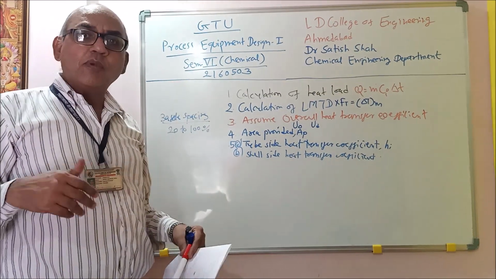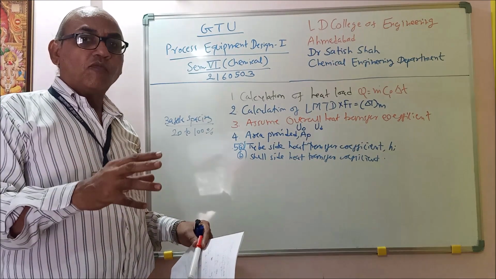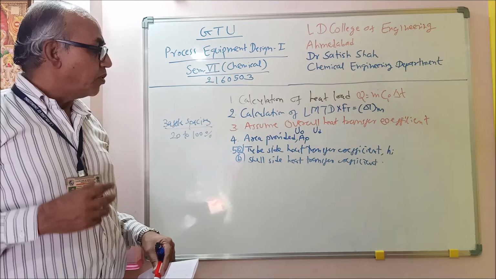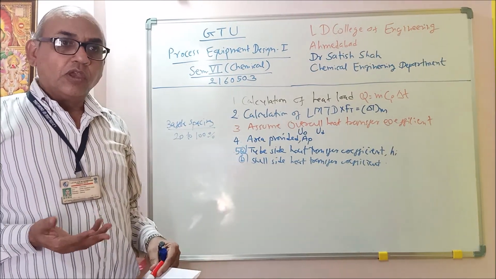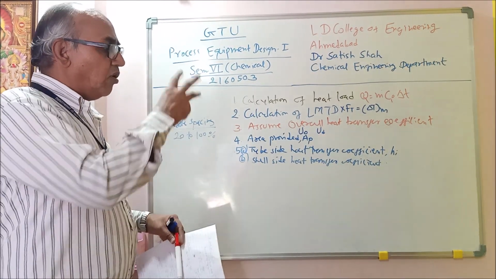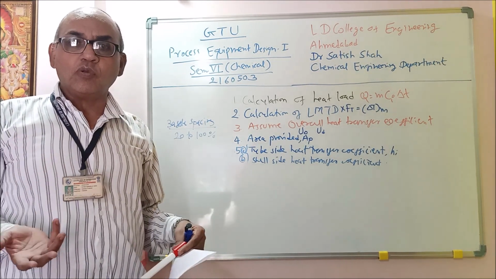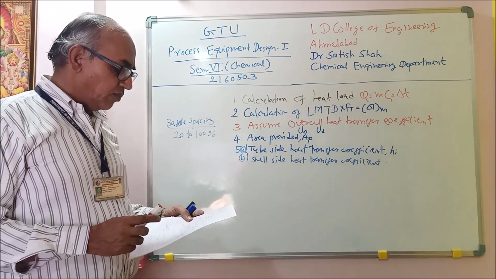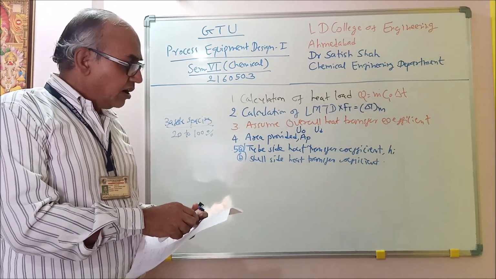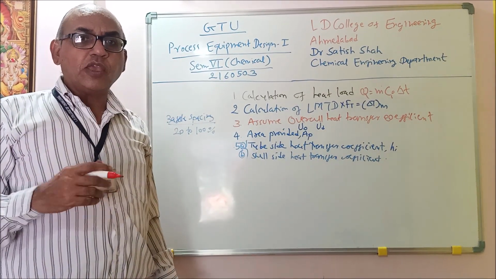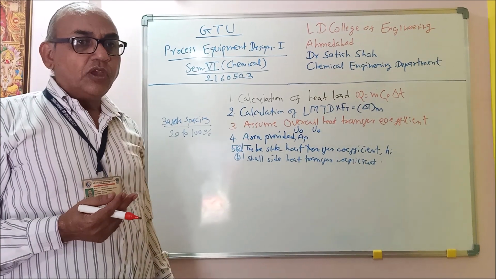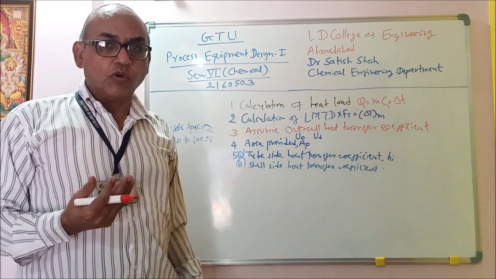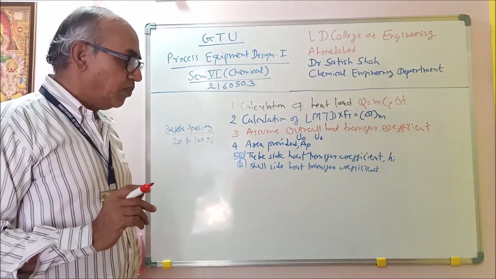because then we have the opportunity to either increase or decrease. When you increase your baffle spacing, your pressure drop on shell side will decrease. If you decrease your baffle spacing, your pressure drop on shell side will increase. We will only know after completion of design whether we want to increase or decrease the pressure drop, so accordingly I will fix the baffle spacing. Then, as I told you, suppose we are using triangular pitch, I will take tube pitch equal to 1.25 times tube OD. So I will get the value of PT.